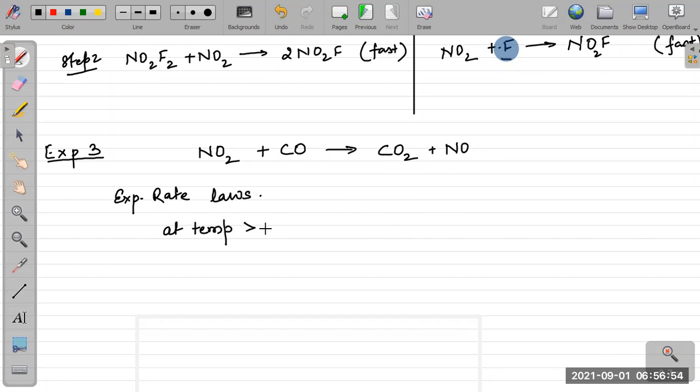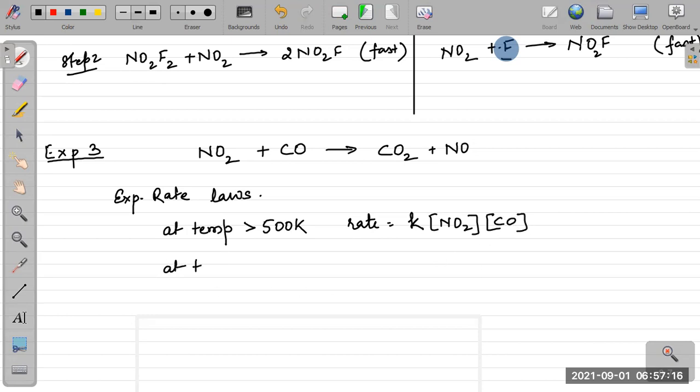At temperature greater than 500 Kelvin, the rate is equal to k times concentration of NO2 into concentration of CO,